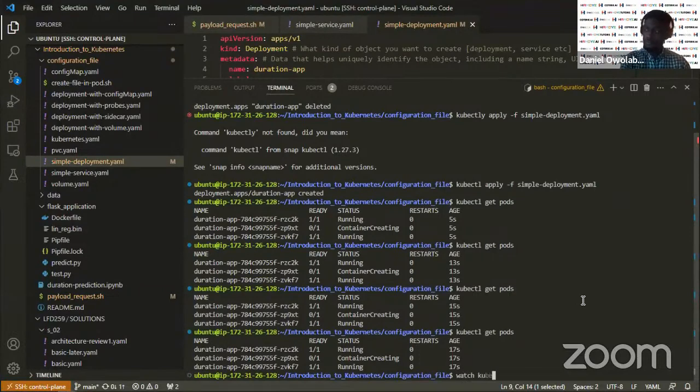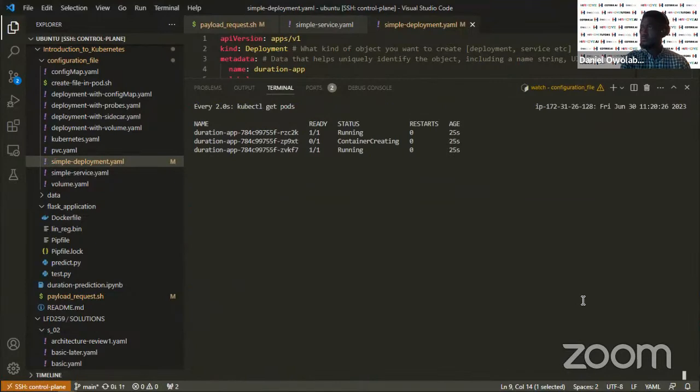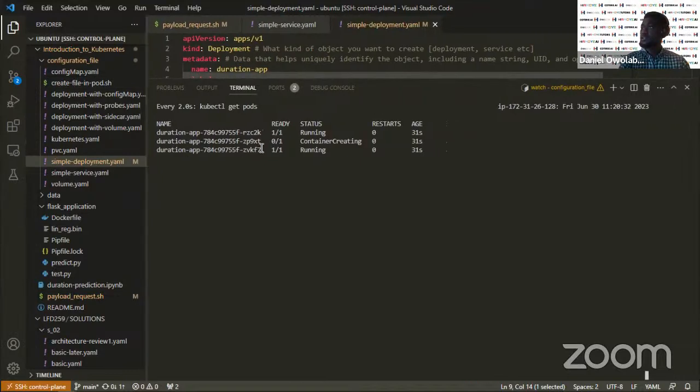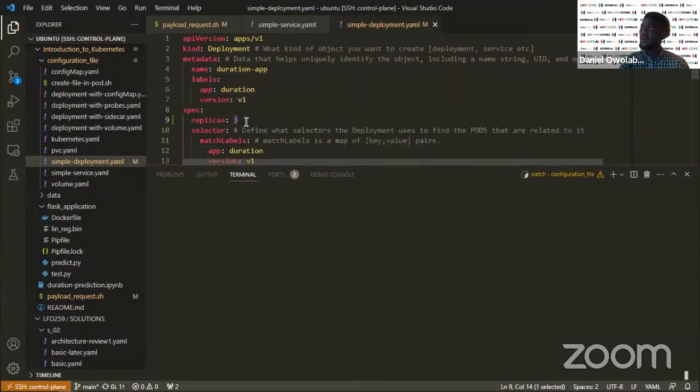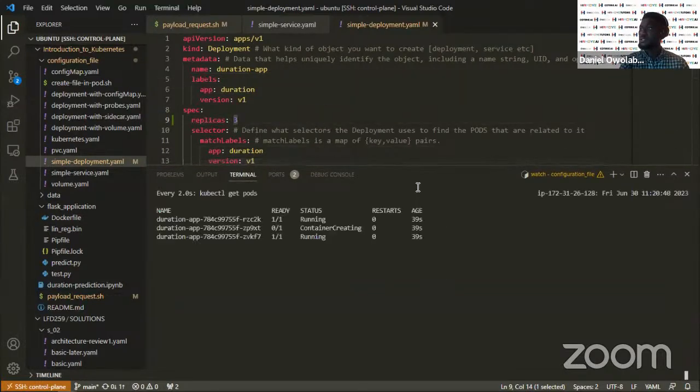Watch kubectl get pods. Okay. Still trying to create. I don't know why it's taking time. But the point is that now that I have added a replica set configuration to it, it's going to try to make sure that 3 pods are running so that I can have 3 pods that can answer a client's request. And this is actually where a service makes sense, because with this now, I have 3